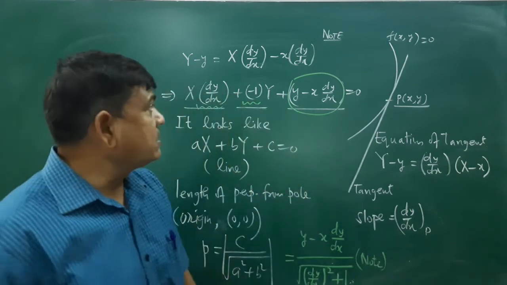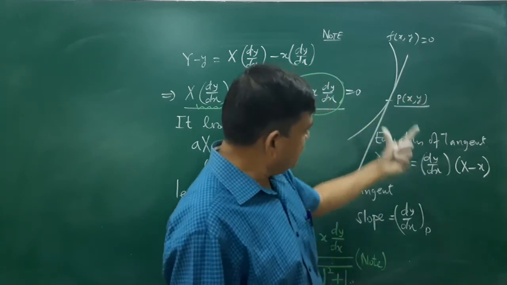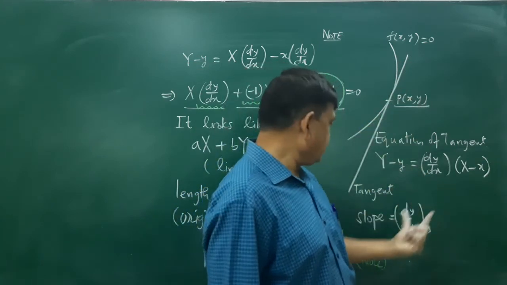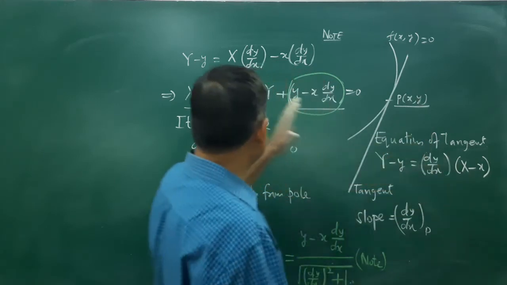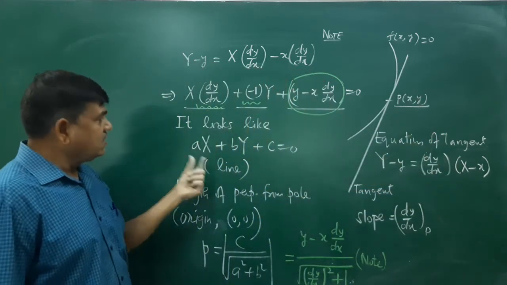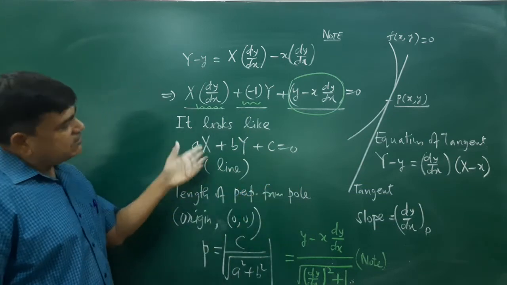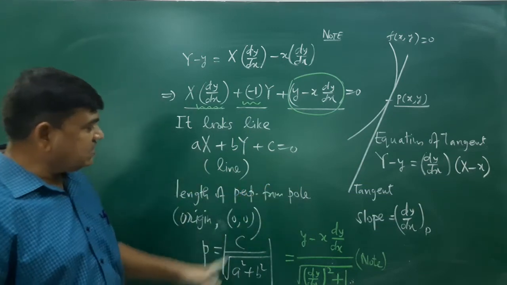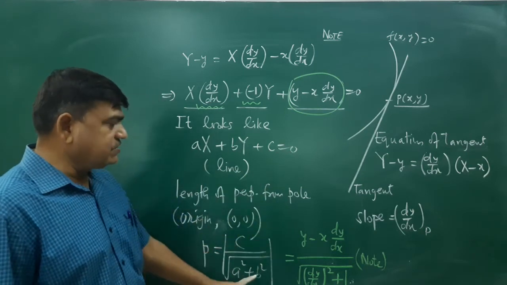देखो कहाँ से घुमा के लाया हूँ? कार्टेशियन इक्वेशन है, एक पॉइंट है, ये इक्वेशन ऑफ टेंजेंट होगी, स्लोप हमने यूज कर लिया, पॉइंट जनरल फॉर्म है। इस इक्वेशन ऑफ टेंजेंट को मैंने स्टैंडर्ड फॉर्मेट में रखा, ax प्लस by प्लस c इक्वल्स टू 0। अब इस लाइन पर लेंथ ऑफ परपेंडिकुलर कहाँ से? ओरिजिन से, जिसको हमने पोल सपोज कर रखा है, दैट इज c अपॉन अंडर रूट a स्क्वायर प्लस b स्क्वायर।